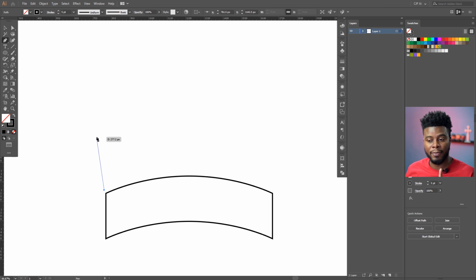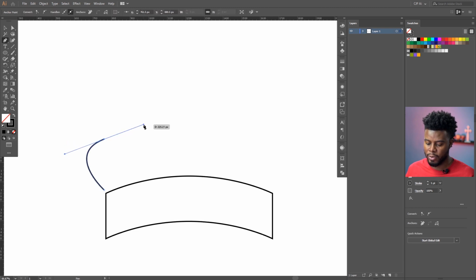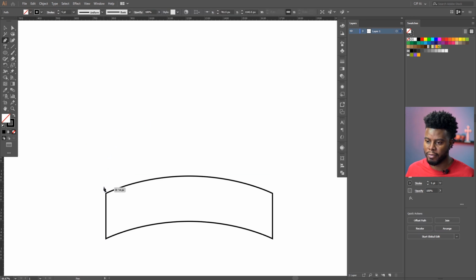Then I'm going to click for the second point, but before I click and let go, I'm just going to click and hold, and that will allow me to drag and get a curve, right? See that? I'm still holding the click, but I'm just going to undo that because I want a bigger curve. So I'm just going to go farther away and then click and hold, and it will give me a curve